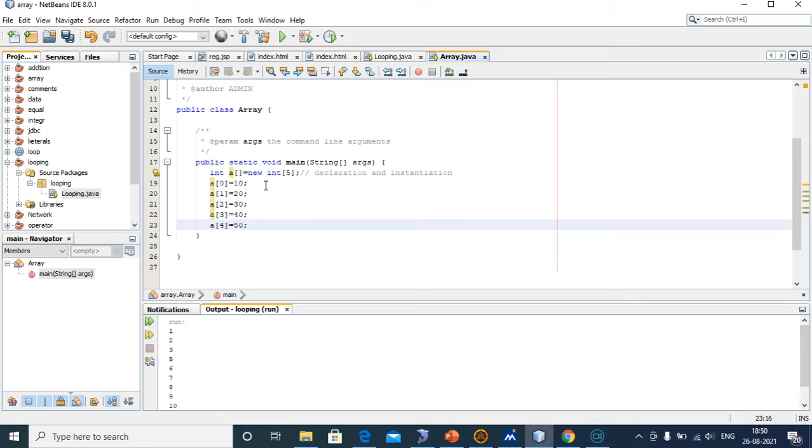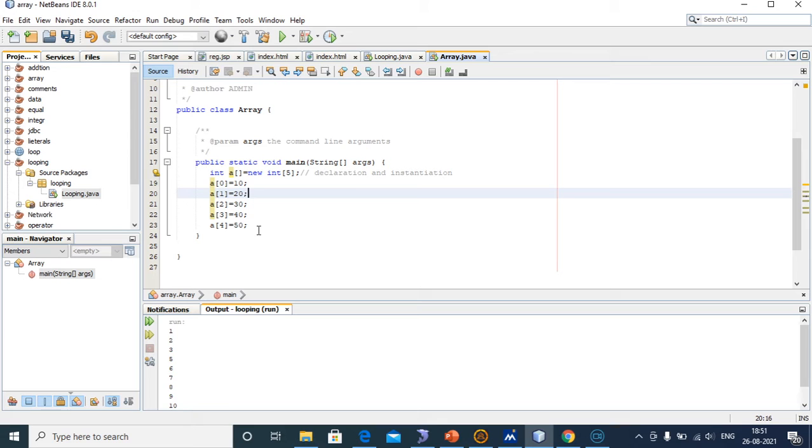We have given the size 5, but the array will store based on the index, for example 0, 1, 2, 3, 4. Totally 5 elements should be initialized.